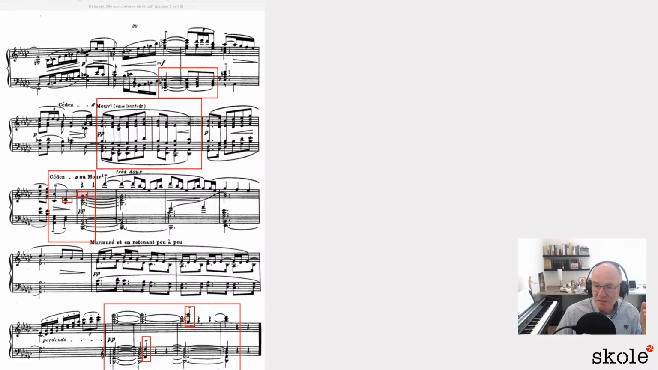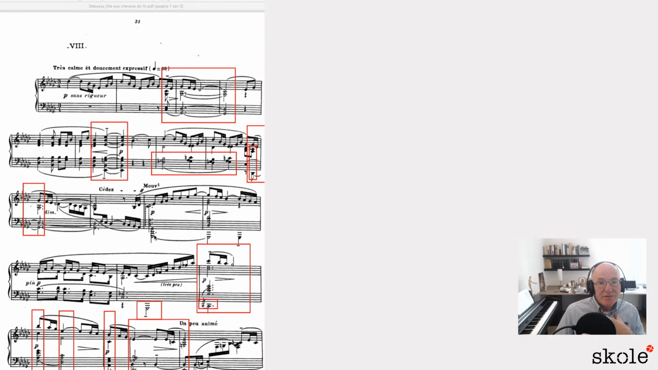Okay, well, that was Fille aux cheveux de lin. Let's stop that. Yes. Okay. Now, I've made all kinds of rectangles in this score. So what I will do in the scores you get is single out certain elements and ask a question about it. Now, one of the questions could be, what kind of cadential formulas do you hear? Now, there are